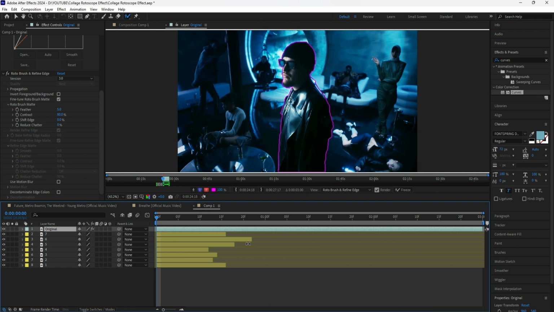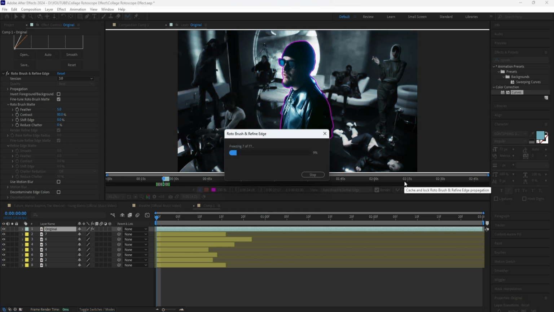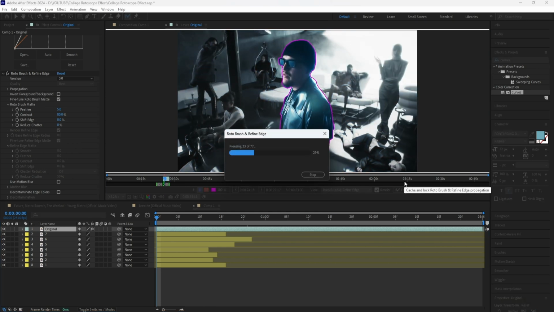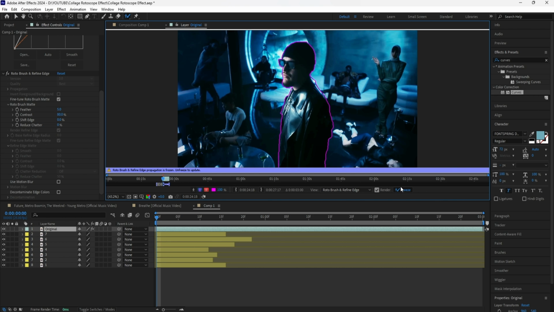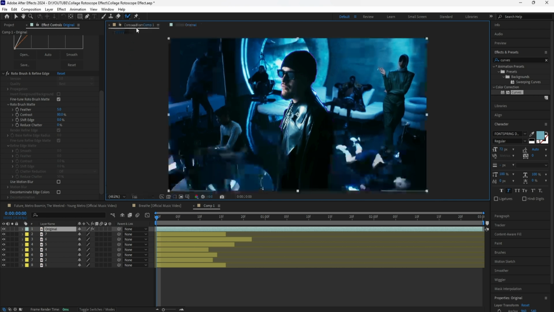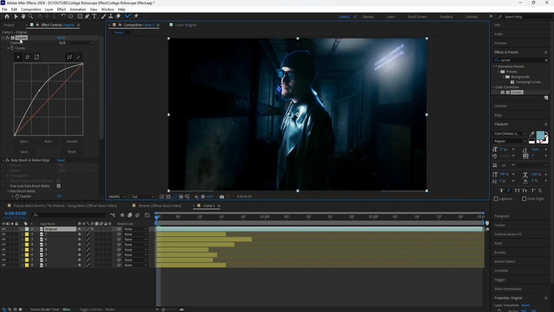After going frame by frame, in order to check that everything was accurately rotoscoped the way you want it to, you want to then click the freeze button, and what that's going to do is lock in our rotoscope subject. After clicking the freeze button, we're going to then go back into the composition, delete the curves effect for that